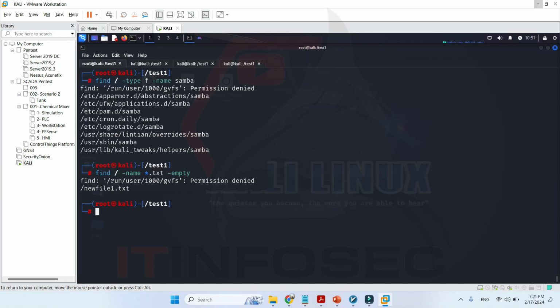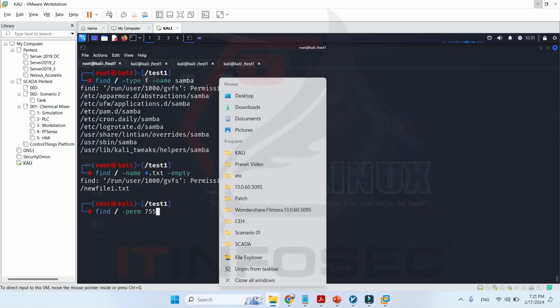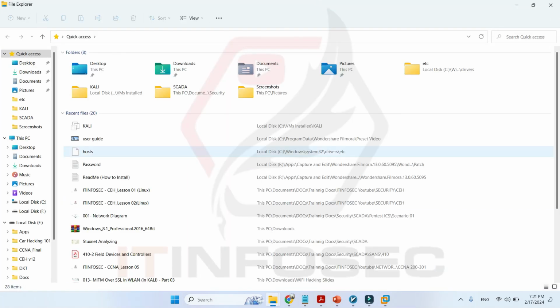Well, for example, I can find in /path any files with permission 755. This is the item that points to permission of Linux. In Windows, it is not like that. For example, in